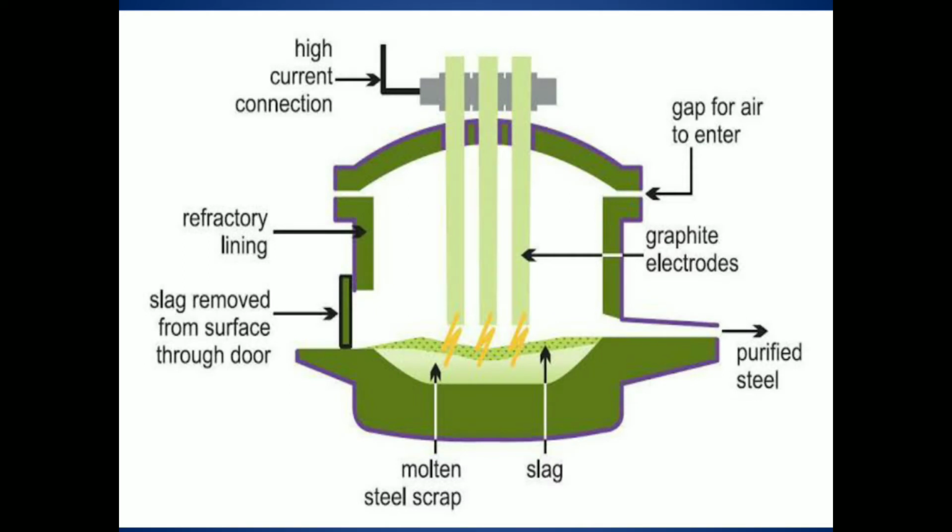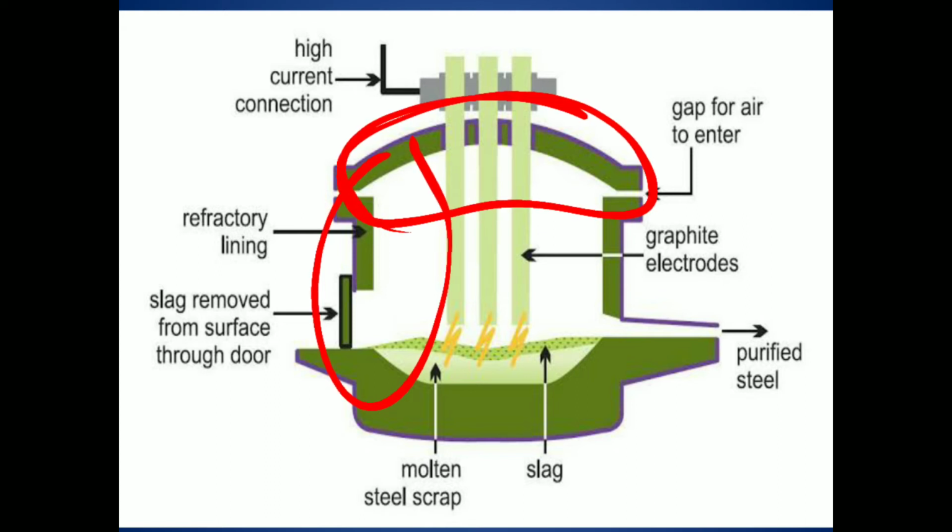In the electric arc furnace for steel making, this is the diagram. It contains a steel shell with suitable refractory materials. That means if it is a basic electric arc furnace, the refractory lining material will be basic. If it is an acid furnace, the lining will be acid refractory material. That is the only difference. The hearth is lined with silica, the walls are lined with magnesite and silica bricks, and the roof is lined with dinas bricks.